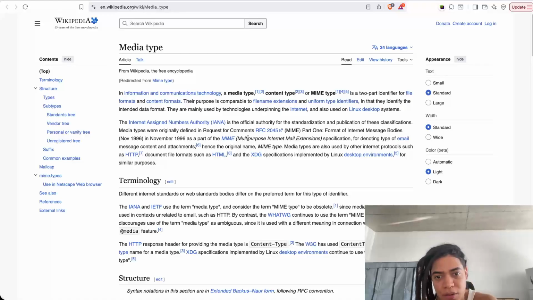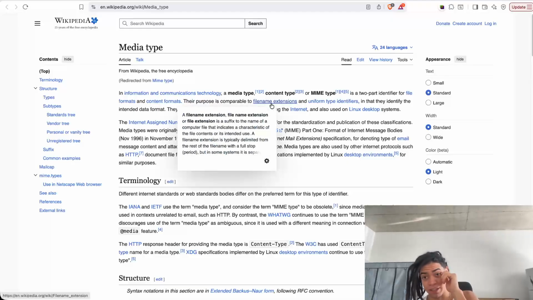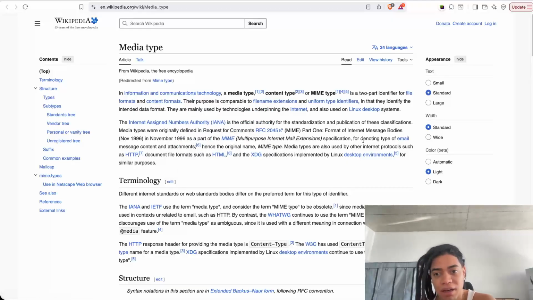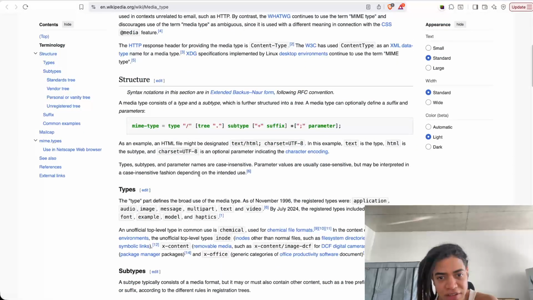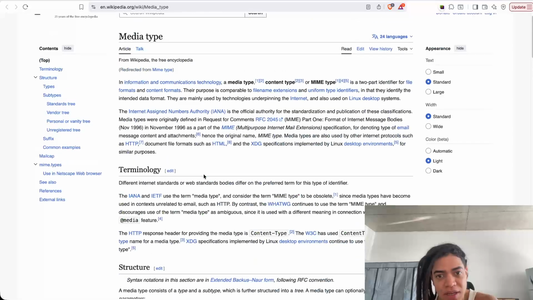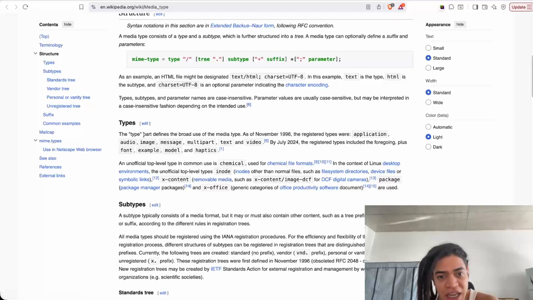The MIME, or multipurpose internet mail extension, you can think of as similar to file extensions, for denoting the type of email message content and attachments, hence the original name, multipurpose internet mail extension. But the point of this MIME type is just to indicate